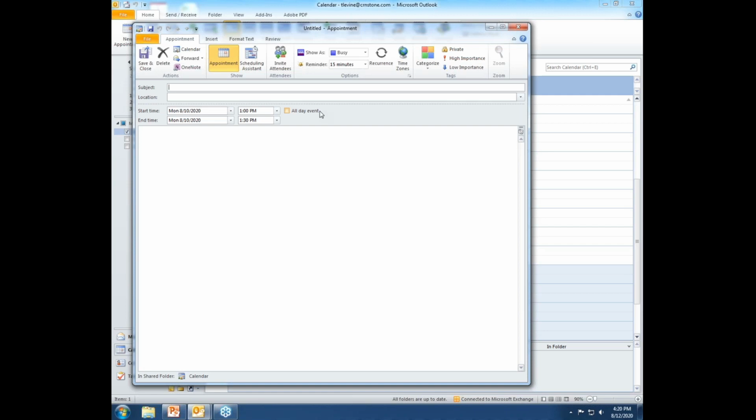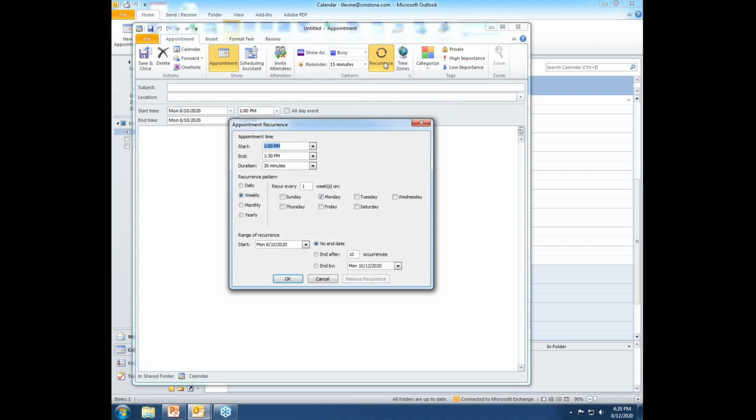A lot of times they create a lot of separate little appointments and maybe fill it out month by month by month, and that actually spams the attendees with a month by month by month request for each individual appointment. And you don't have to do that. All you need to do is hit this little recurrence button up here under the appointment main menu,